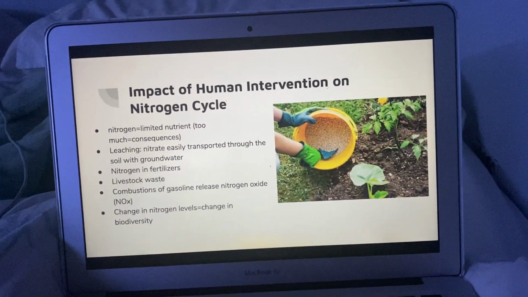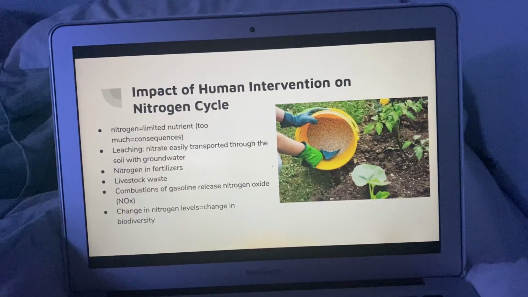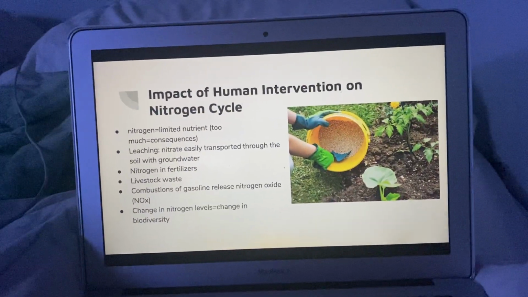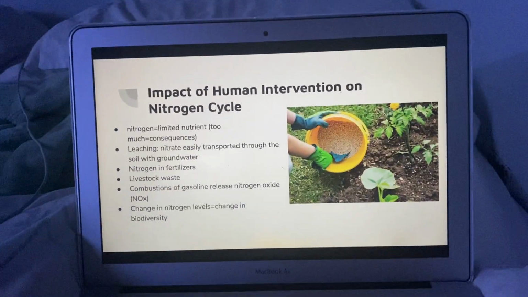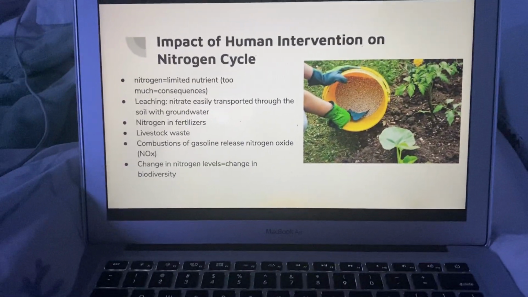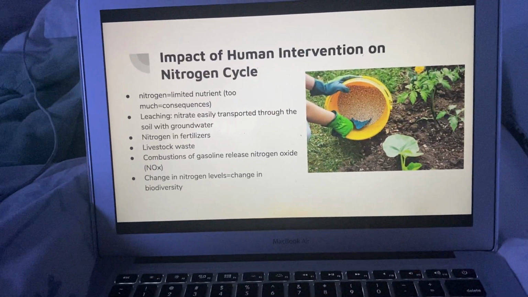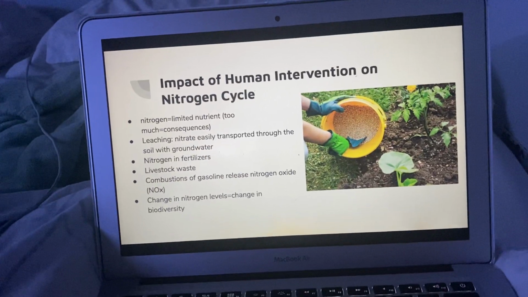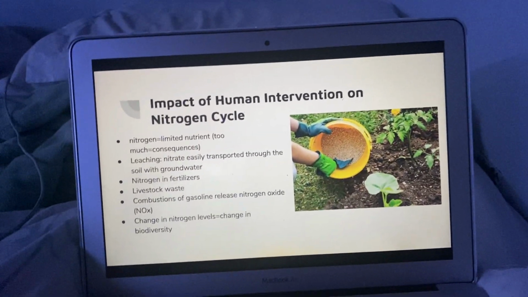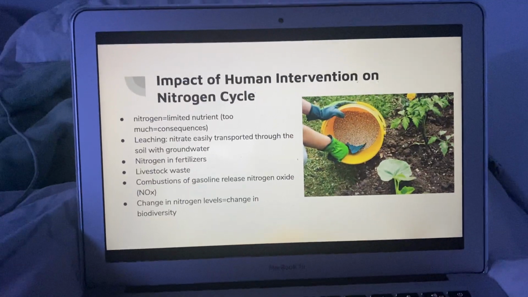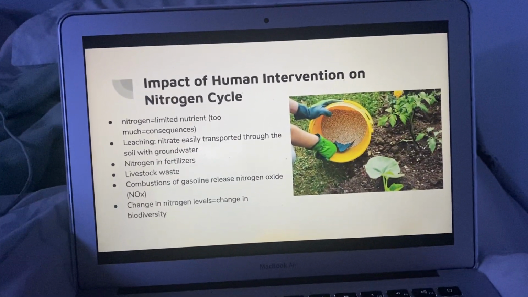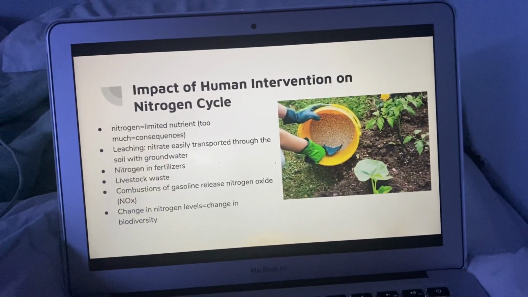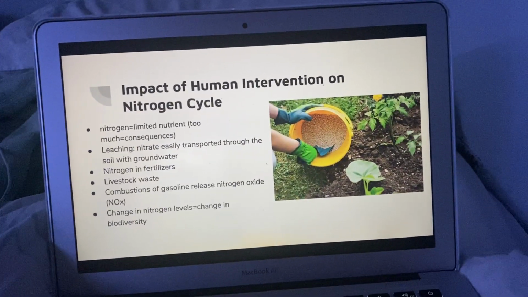It isn't always just about fertilizers. It also can be a result of combustion of gasoline or other fossil fuels. This releases a chemical compound known as NOx, which is an ingredient needed for the formation of harmful ozone, also known as photochemical smog. In conclusion, an increase in nitrogen is harmful to the environment as it can disrupt the biodiversity of an